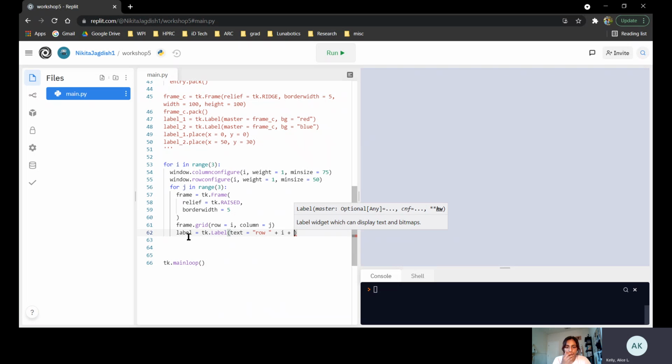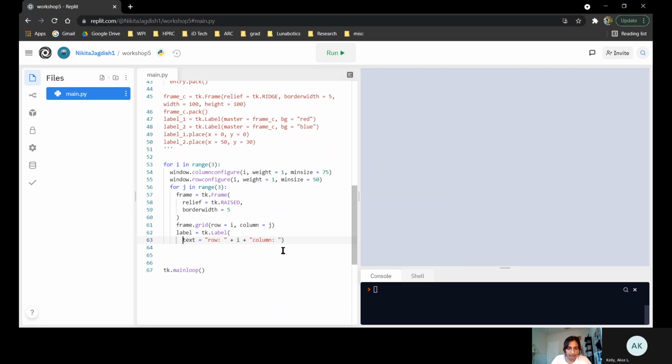So it's going to say row 0, column 0, whatever like that. Sorry, it's formatted weirdly. Here, I can enter this just so it's easier to read. So column j. And then I'll pack that into